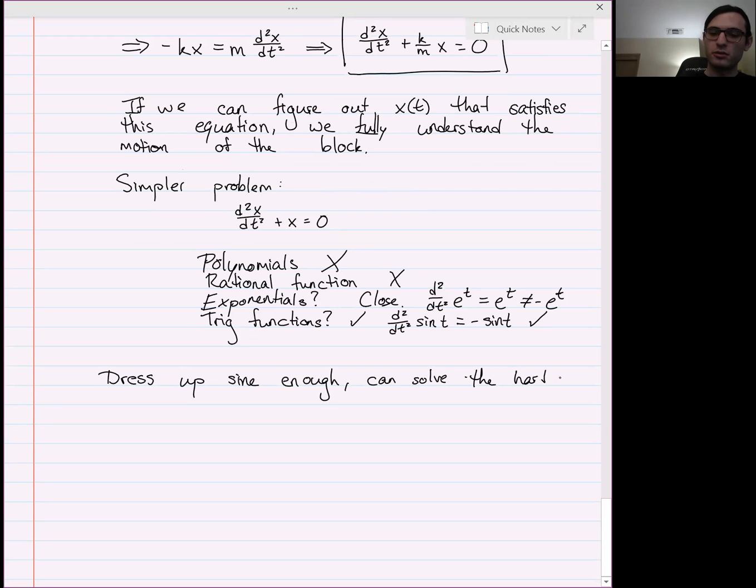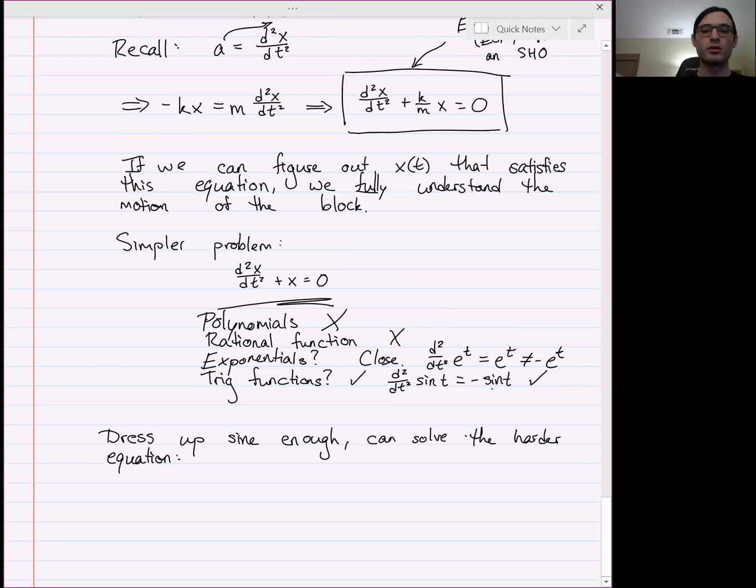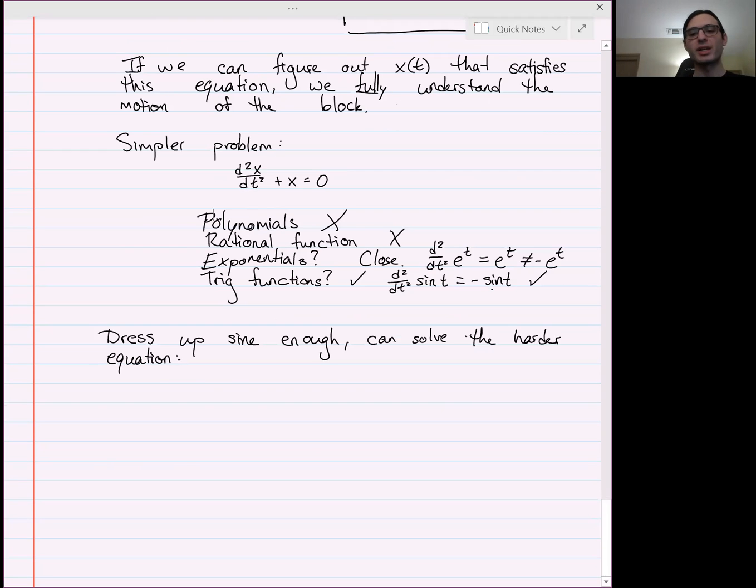Wait, that was a second derivative being added to the original x, right? Yes. So negative sine of t plus sine of t equals 0. That's the second derivative of sine of t added to no derivatives of sine of t, giving you 0. So that solves this problem. That solves that equation. So when I say dress up the sine, what I really mean is just come up